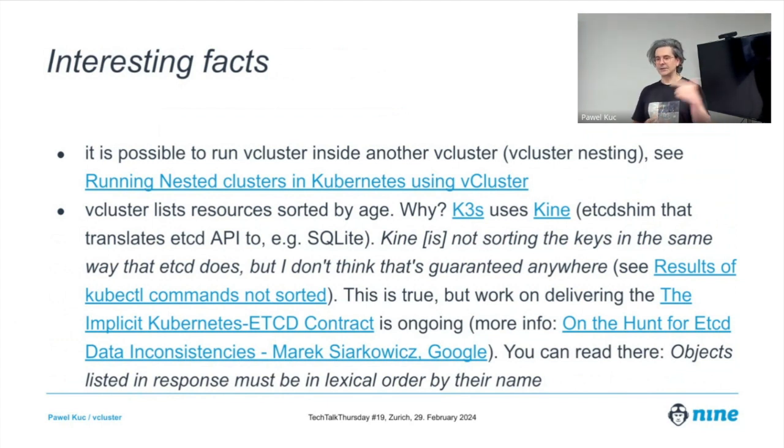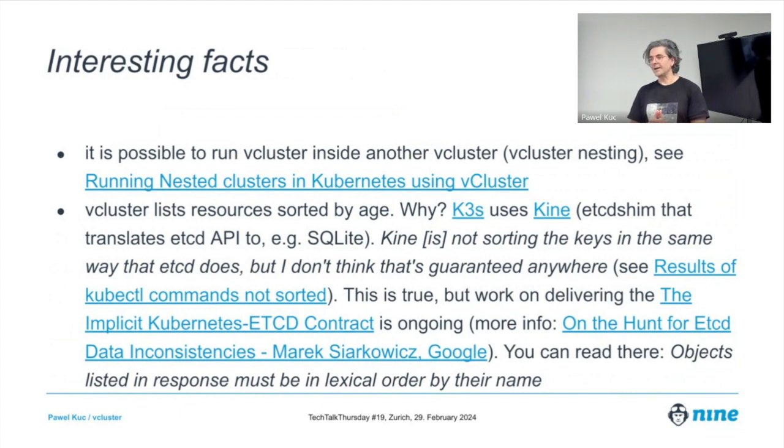K3s distribution uses Kine, which is an etcd shim that translates the storage. As I mentioned, we have multiple storage possibilities, and by default it is SQL-like. This is a quote from one of the threads on the GitHub issues, where the maintainer's response was that Kine is not sorting the keys by name as etcd does, and he mentioned that